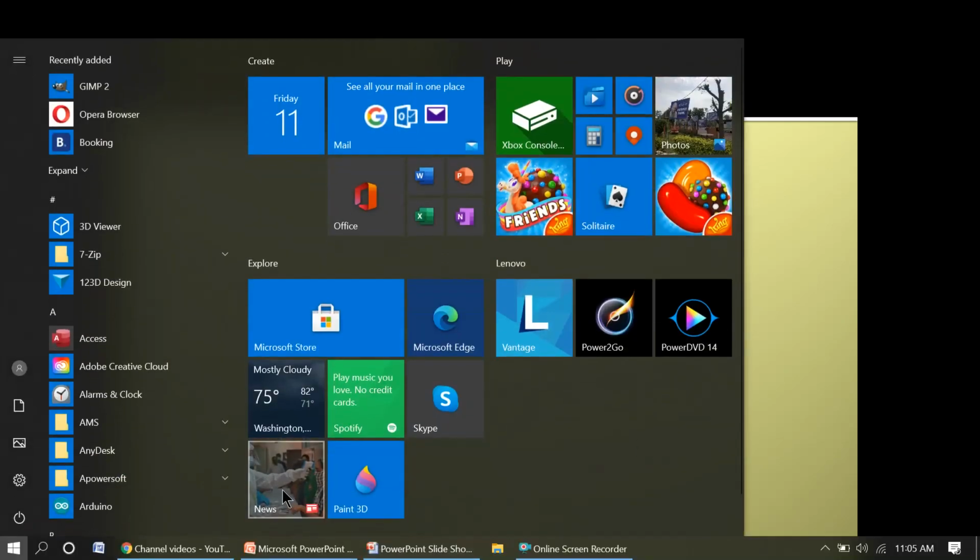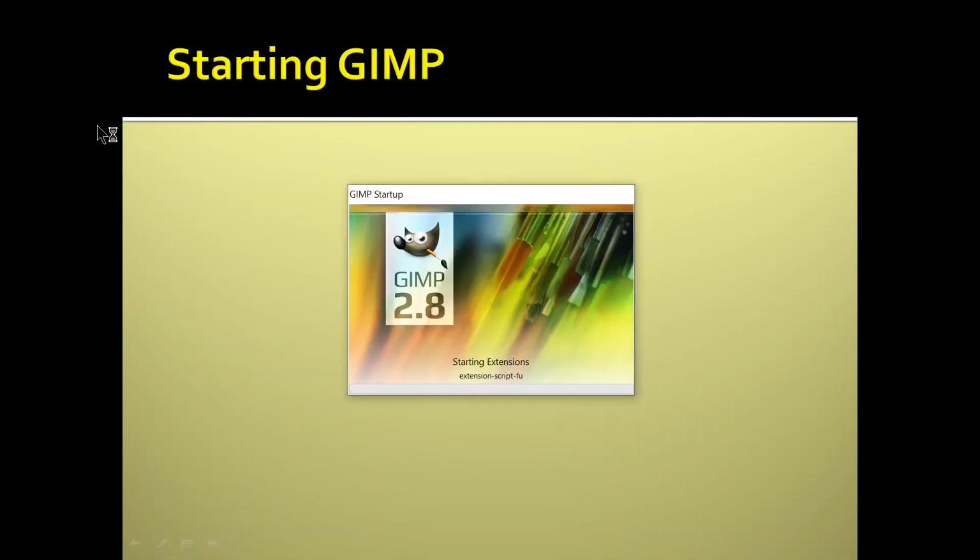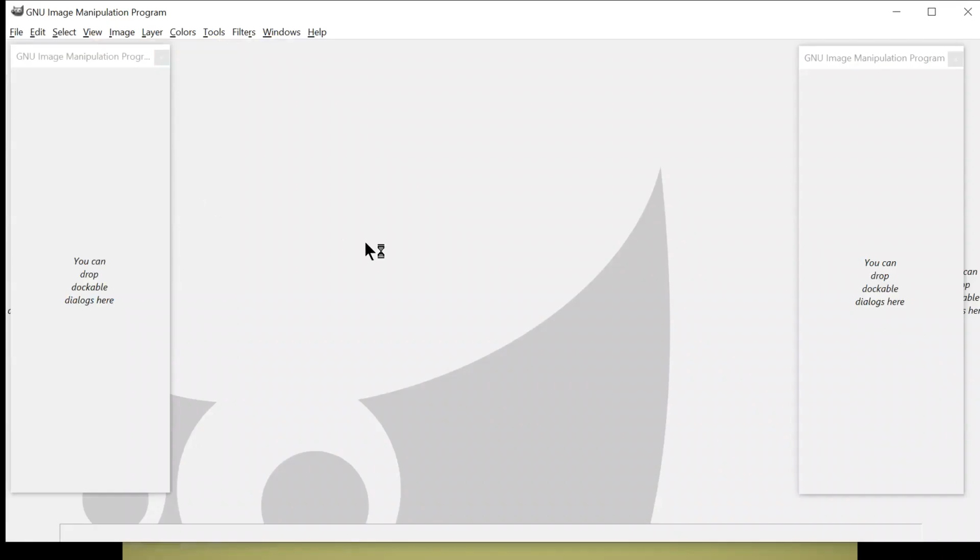Fine. Now how to start GIMP? कैसे start करेंगे? Let's see how it is started. As I have just clicked on start button, then here you can see GIMP2, or you can type GIMP. If it is installed in your system, it will open in front of you.